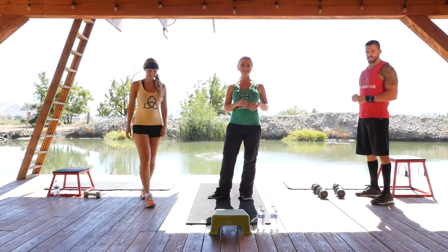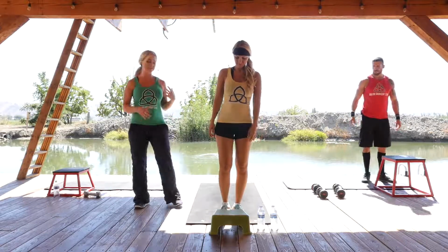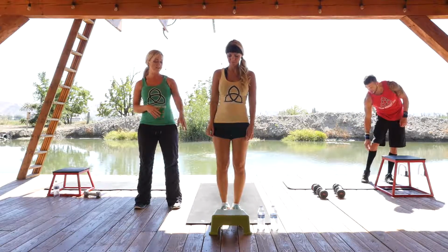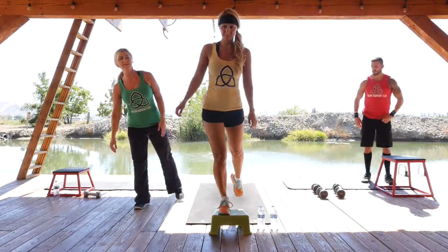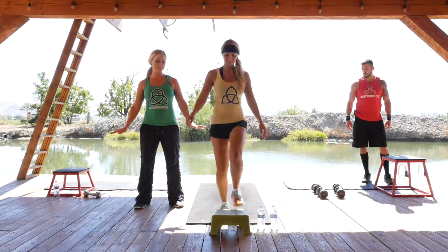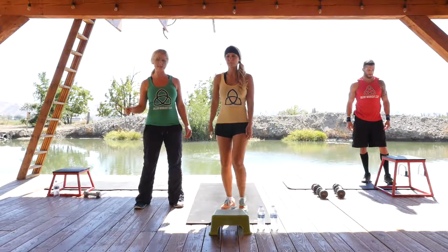The next move we're doing is step up with a leg lift behind. The difference in difficulty is how high the step is. If you don't have a step stool, you can use stairs in your house for this movement. Lynn's going to show you at the green level. You have a lower step. You're going to step up and kick your leg back right after you step, just like that. And then you alternate feet each time. So just be careful, make sure that you have your balance. If you're worried about falling over, you can grab a chair or something and have it next to you for